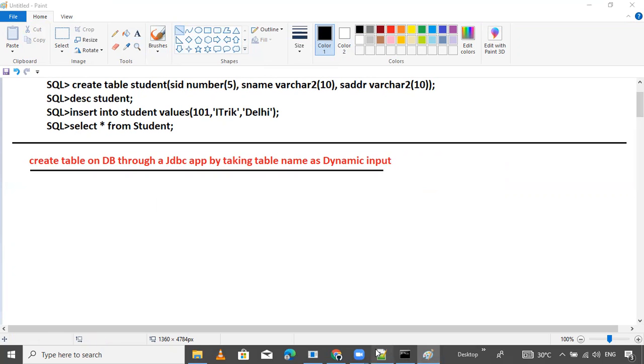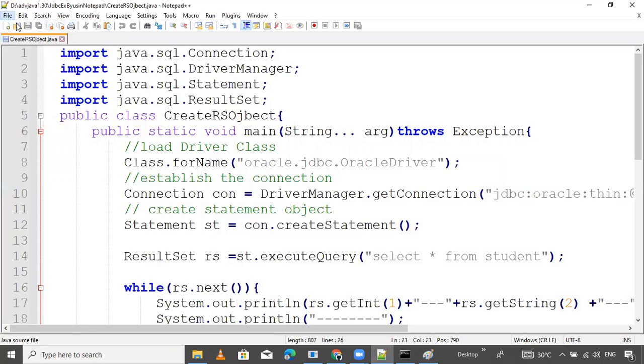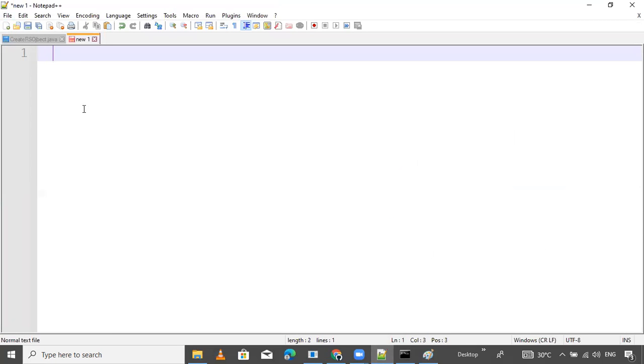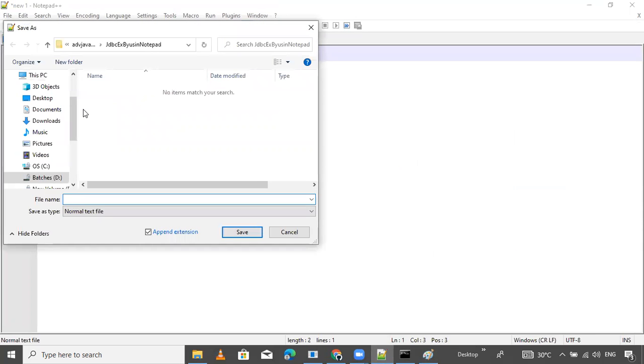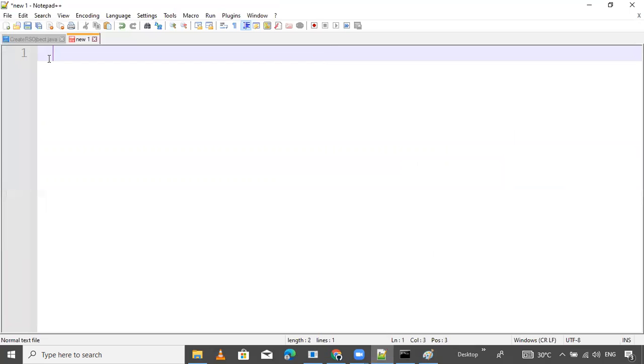So this is our program. Now I'm going to use a new file. First I want to provide one public class: public class CreateTableDynamically.